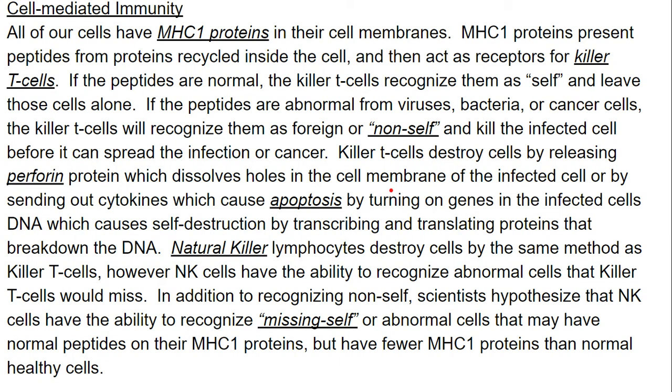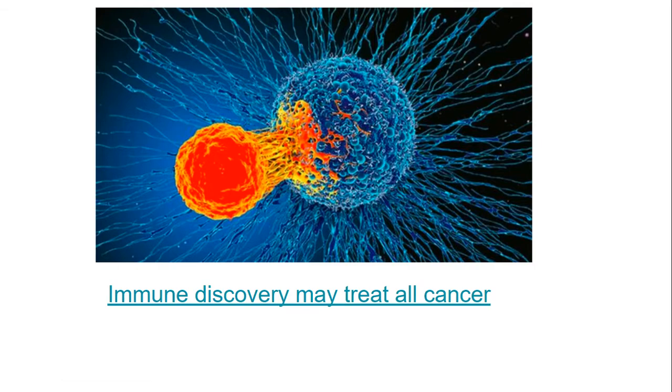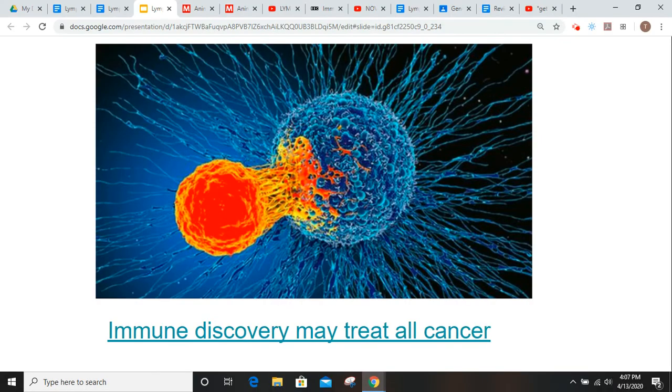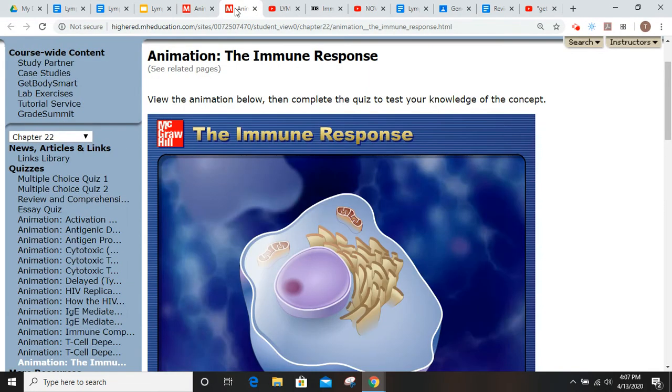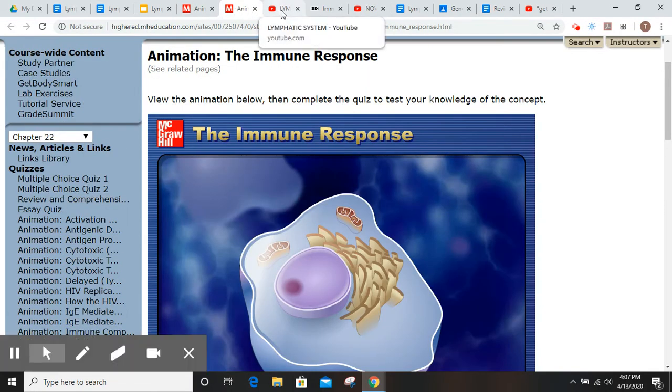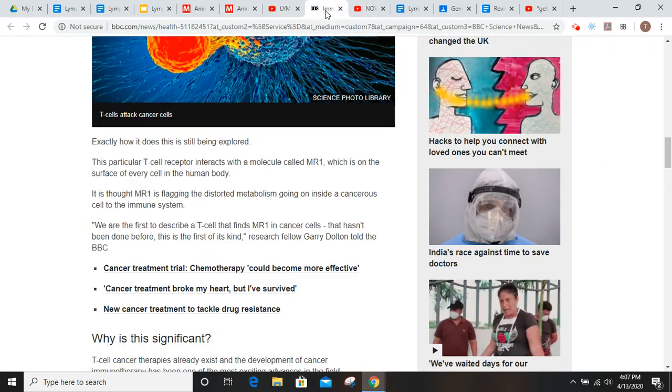And that's the whole big story. You guys can go back through the PowerPoint and check all that out, but that's basically what I just explained. Now, interesting things here. As far as fighting cancer, I know we're so focused on COVID-19 and everything like that, but it is pretty